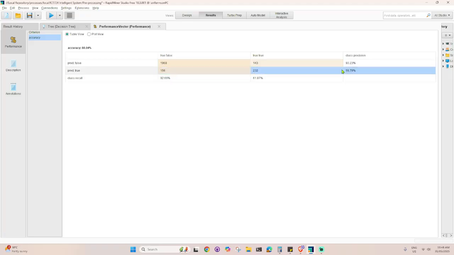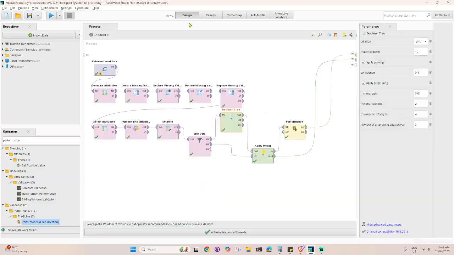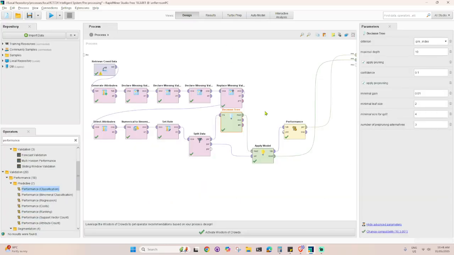So it only has a precision of 59%, slightly above 50%, which means it has a 50-50 chance, slightly better than 50%, of identifying a high risk individual. So that's the decision tree model. Again, you need to pre-process the data. You can watch part one for this, and that's it for the decision tree.